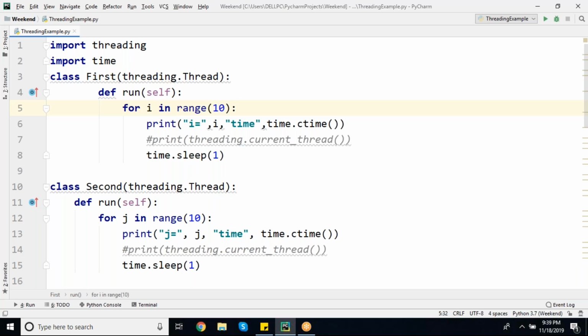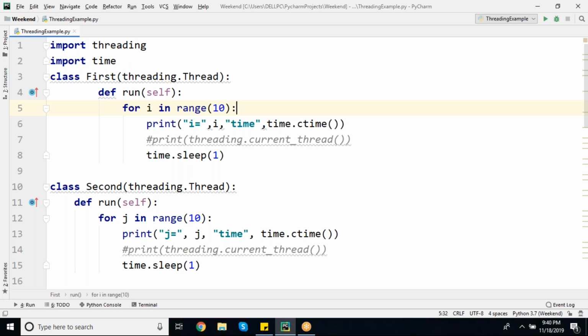The first thread sleeps for 1 second, the second thread also sleeps for 1 second, because of which the mutual understanding is proper.